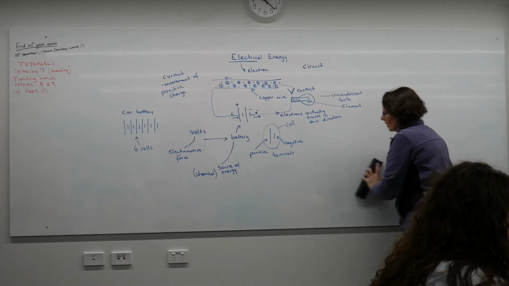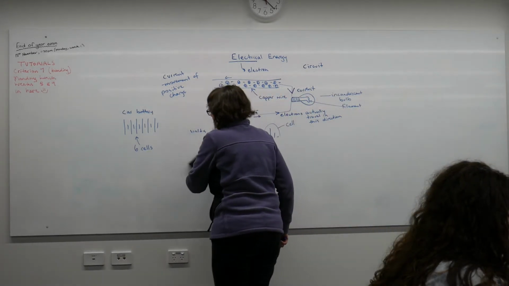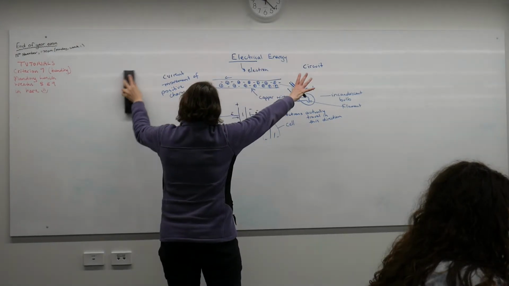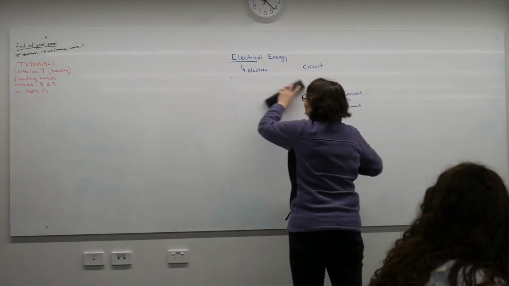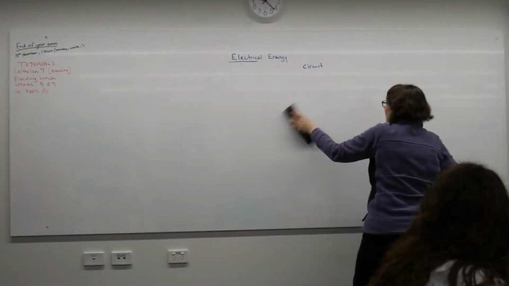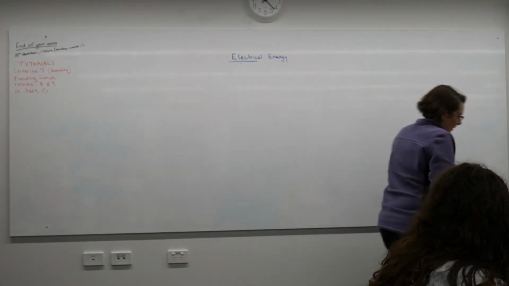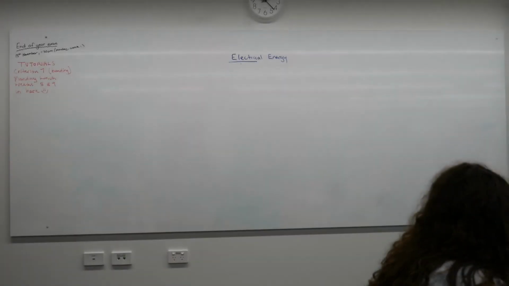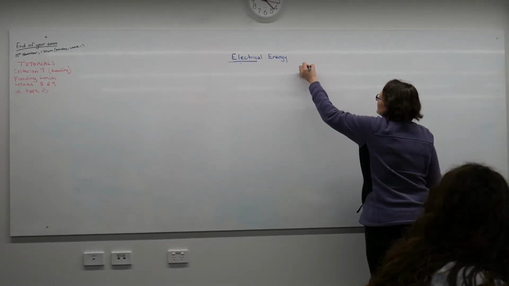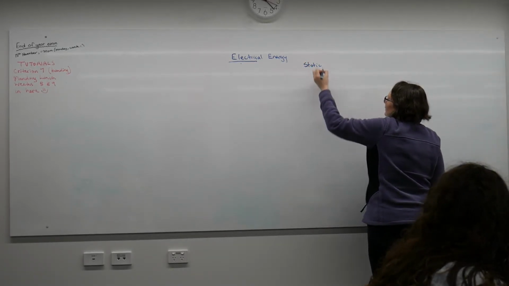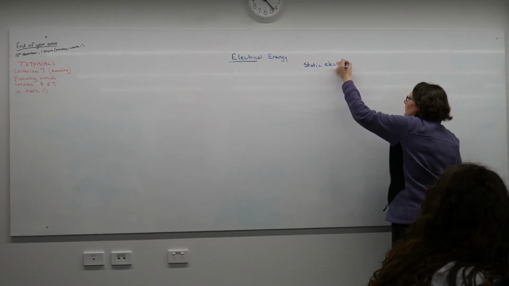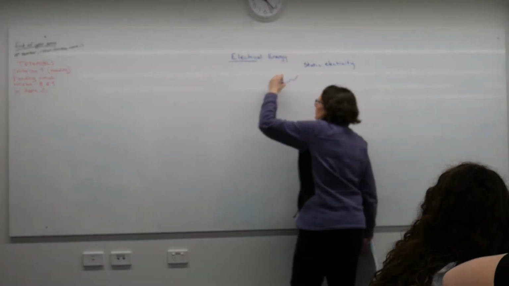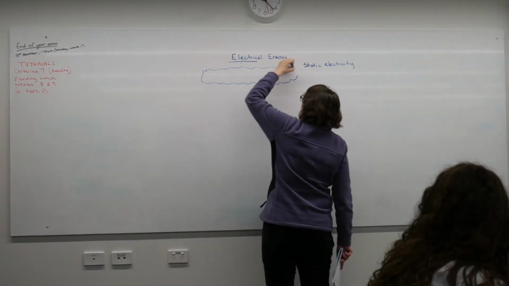Okay, yeah, so this was a circuit where I set it up with wires, etc. But lightning is what we would call static electricity. So if I've got a big cloud up here,